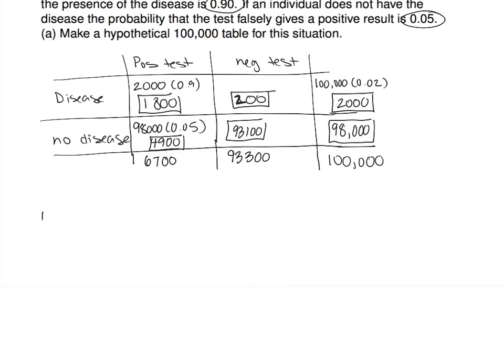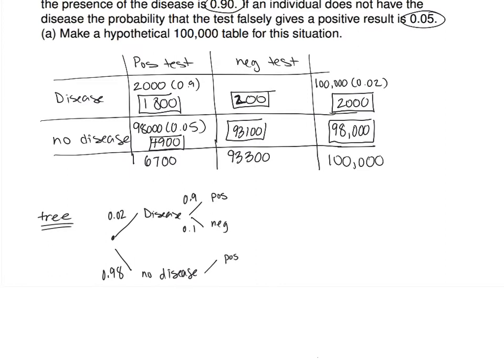If you like the tree better, you can do that as long as you do it correctly. So step 1, we have disease and no disease. So the chances you have the disease, 0.02, no disease, 0.98. Now, if you have disease, the chances that you test positive are 0.9. Therefore, chances you test negative, 0.1. No disease, the chance you test positive is 0.05. Test negative,